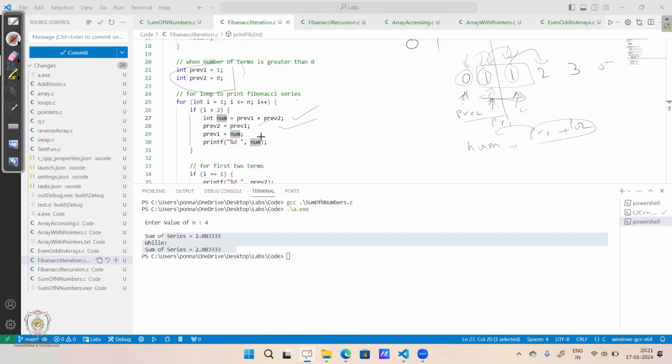Previous two we are shifting from the old location to previous one, and previous one takes the current element. This is the number we have calculated, and we do the next iteration. In the next iteration, we have to find this one. Now previous one will be 1 and previous two will be this 1. Again the same. Now we get 2 as the result